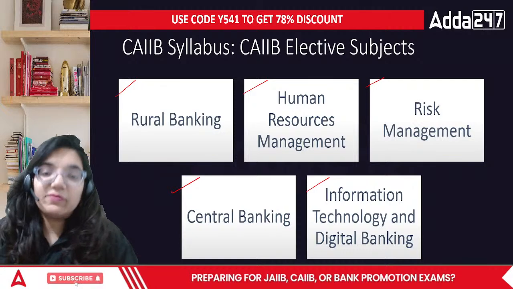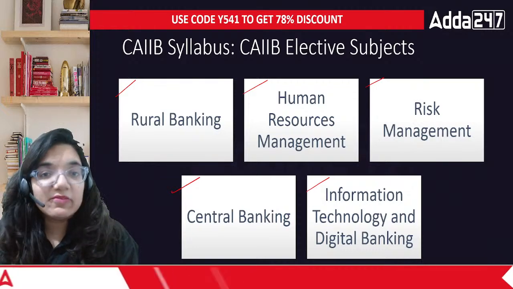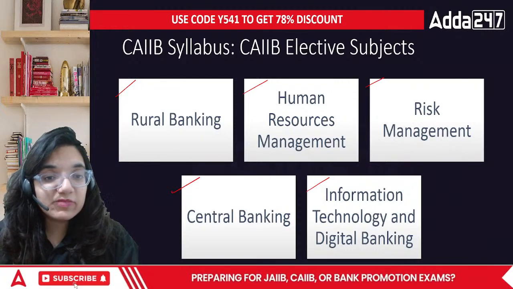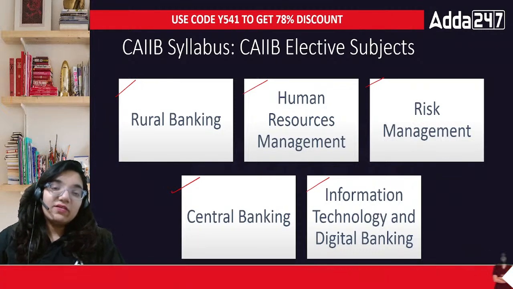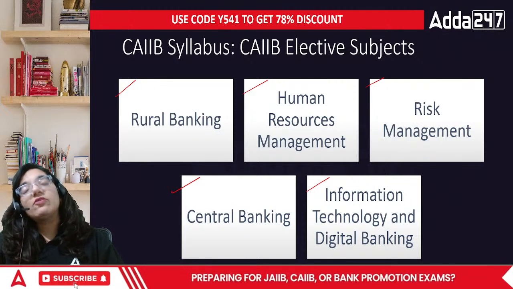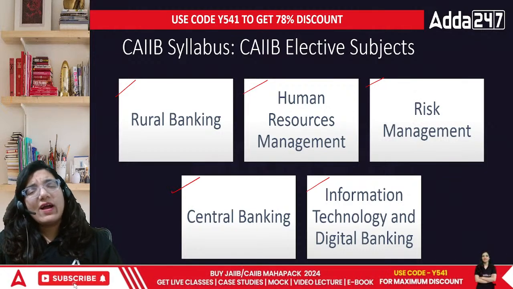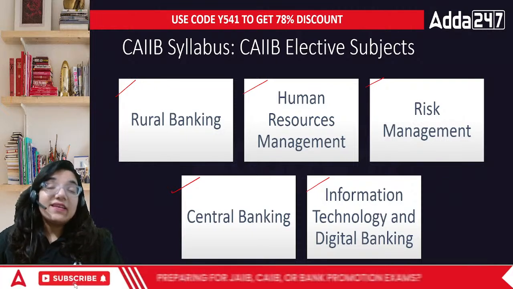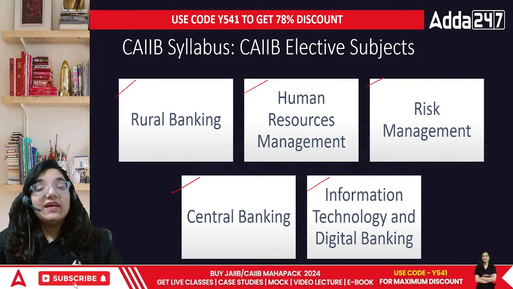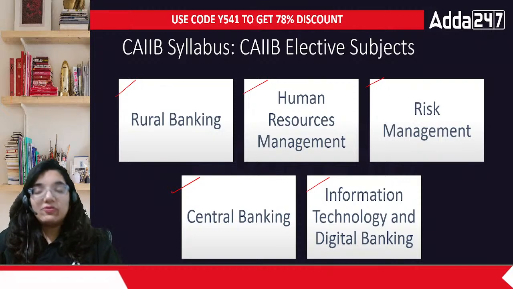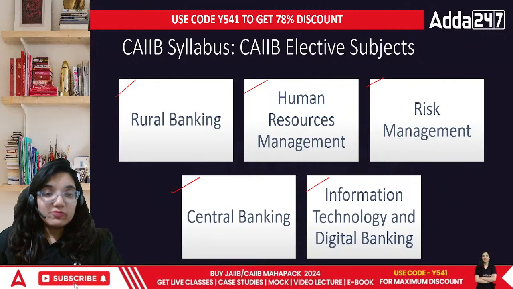On the basis of the previous trend that I have seen, most people have started taking HRM. I am from a commerce background, but even I would take up HRM because this is a subject I can relate to. There are people who take risk management as well, since you are working in the banking side, so this is going to be helpful for you. Rural banking is for people who have done economics at any point of time and find it easier to learn. And the last one is IT. If anybody is from an IT background, the last one is definitely something you should look forward to when giving your examination. So these are the different CAIIB elective subjects that you should be preparing for.